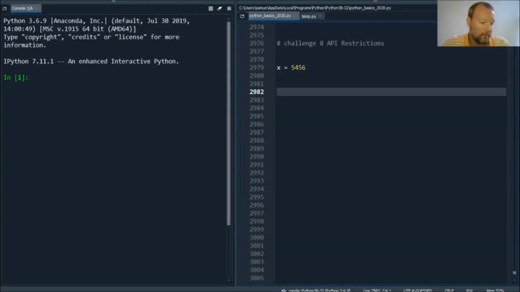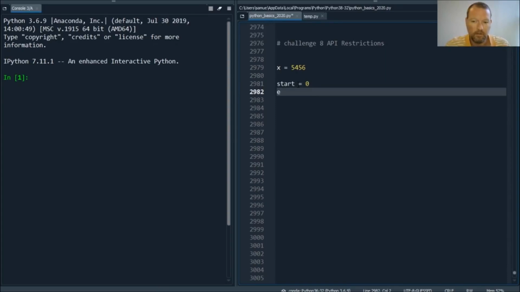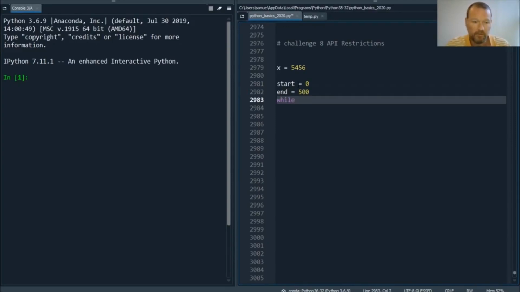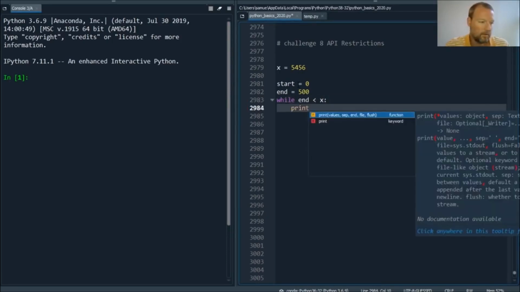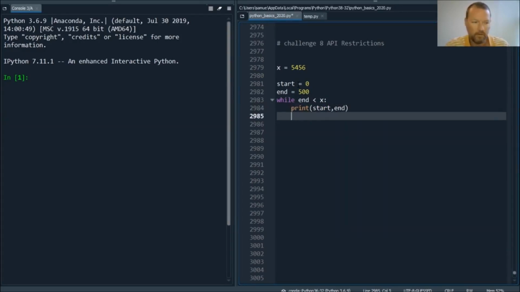So let's just say, and then let me get my notes. And so, all right, our dilemma was we have 5,456. So we're going to start at 0, and end at 500. So we're going to cycle through 500. So while end less than X, then print start, end,